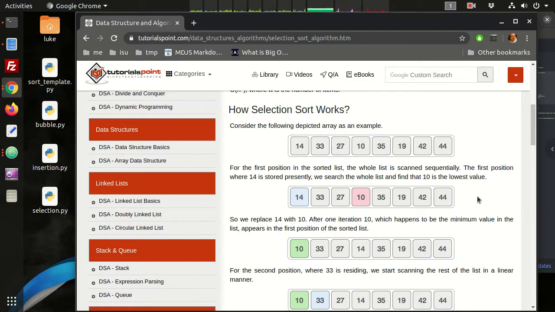Okay. Now the advantage here is it depends on how many CPU cycles a swap takes. So some of these algorithms perform differently in different cases, right? So depending on the input data,